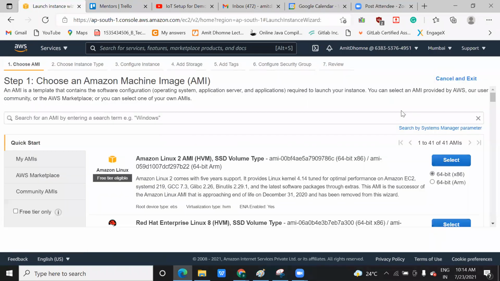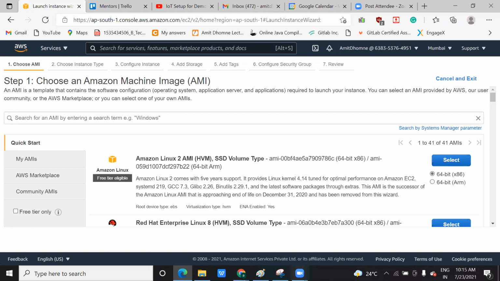Once you click on Launch instance, several options come up. If you remember, when I was taking the session, I explained that an instance is nothing but a server you are creating, and in that server you decide what features you want. Just like when you go to a shop to purchase a laptop, you check whether Windows 10 is genuine, what the CPU is, what the RAM is. Similarly, you are creating a machine on the AWS cloud, and that machine will act as a server. On that server you will deploy your website, which will receive a message from the Arduino device.